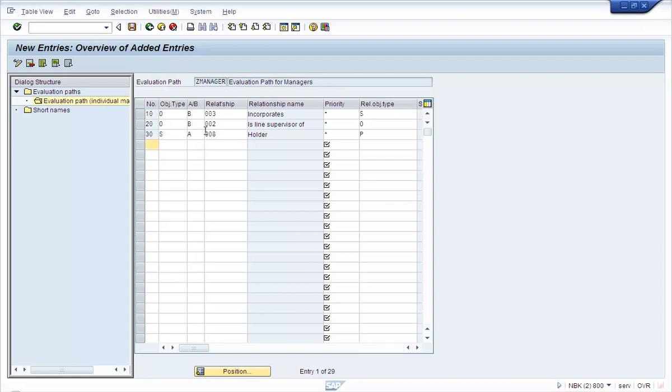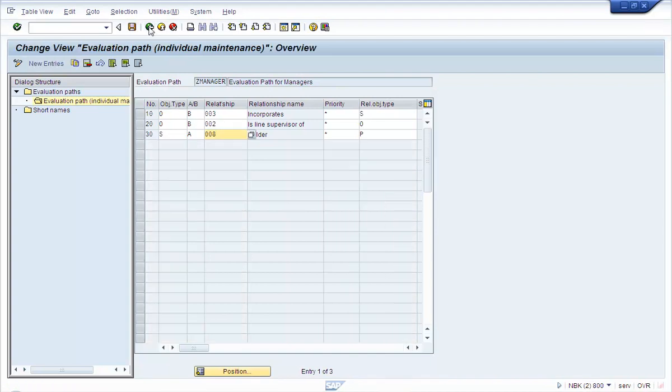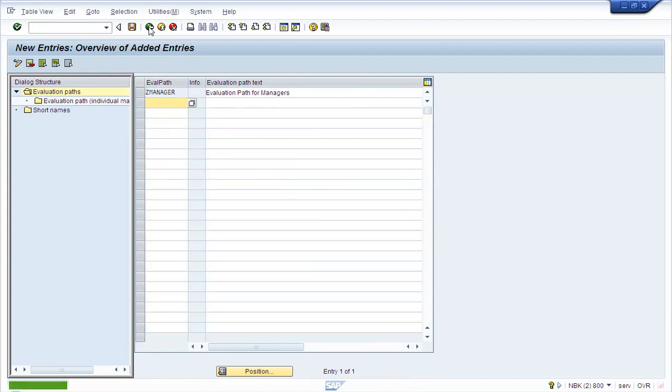So you could use custom relationships also in an evaluation path. SAP doesn't stop you from doing that. So let's go and save. That's it. So this is how you create an evaluation path by using the transaction OOAW.